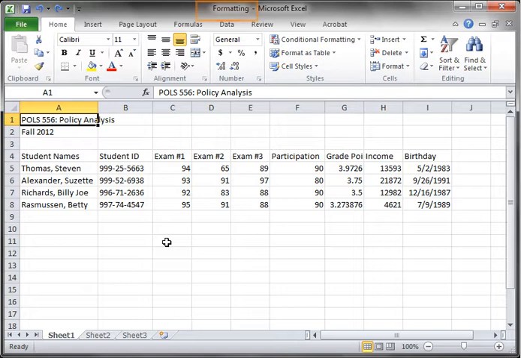I've saved it with the name formatting, and I've added 3 additional pieces of information: a column with their grade point average, their income, and also the birth date. Now when we look at the information presented before us, the default in this version of Excel is to use Calibri as the font with a font size of 11. I'd like to change that, and I'll use a Times New Roman font as well as using the larger font